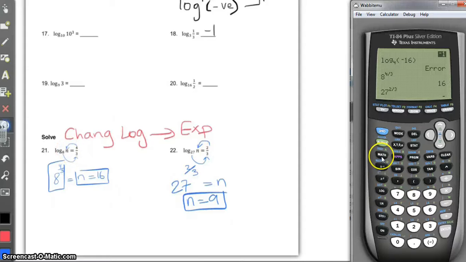Some of you will be tempted to do the following. Some of you would try to go to math and then log base, would enter 8 over here, and then you would enter x over here, and would press enter thinking that this will give them the answer, but then it will not. If you enter this to your calculator, it will not know what to give you. So you need to change this to an